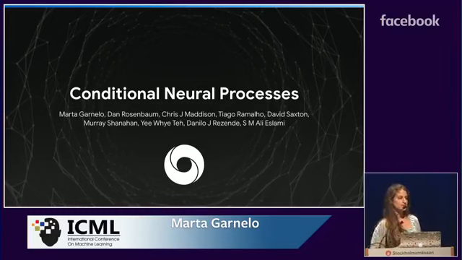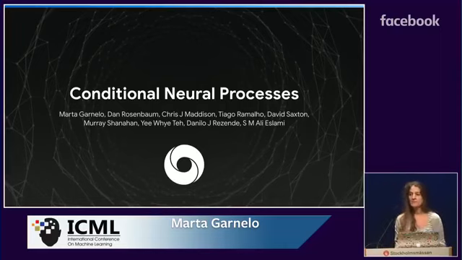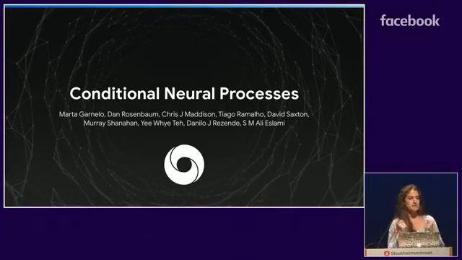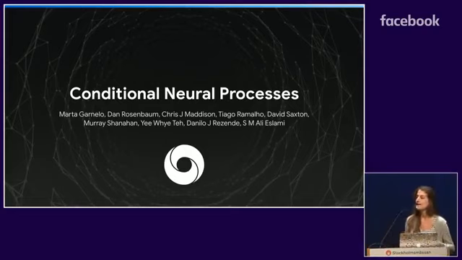So conditional neural processes can be motivated from lots of different angles, but the one that I find the most intuitive is to think about it from a few-shot learning point of view. Few-shot learning is this growing area of machine learning. It's related to meta-learning, and it deals with models that are flexible and can adapt at test time. And that, to me, feels like an important property for intelligent systems.